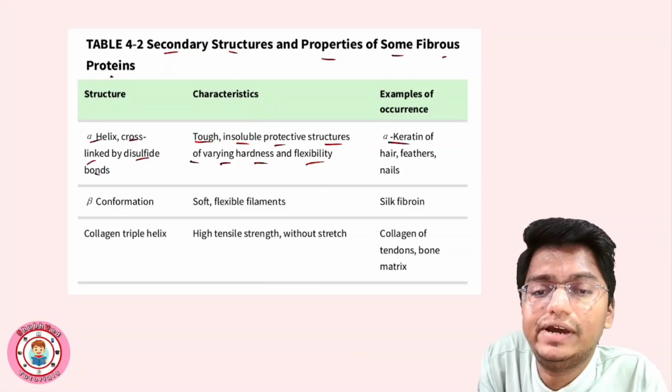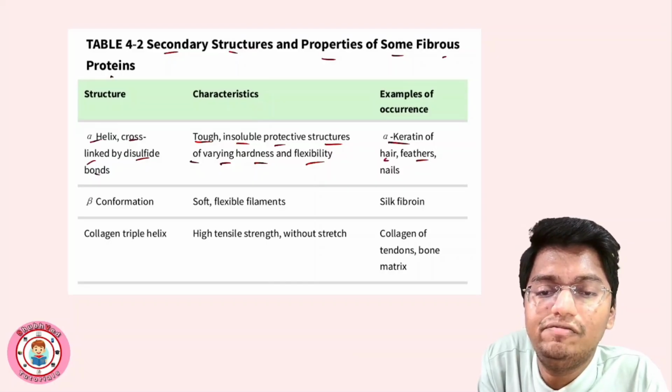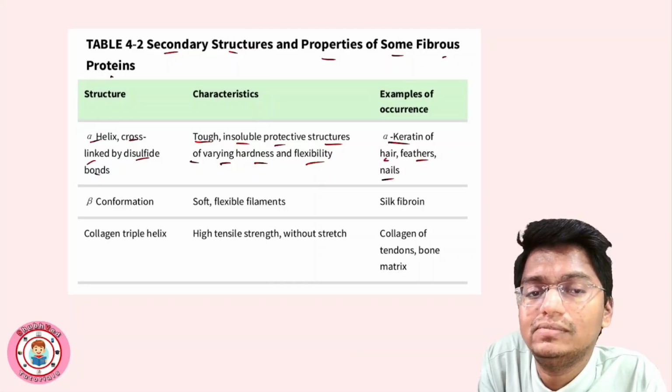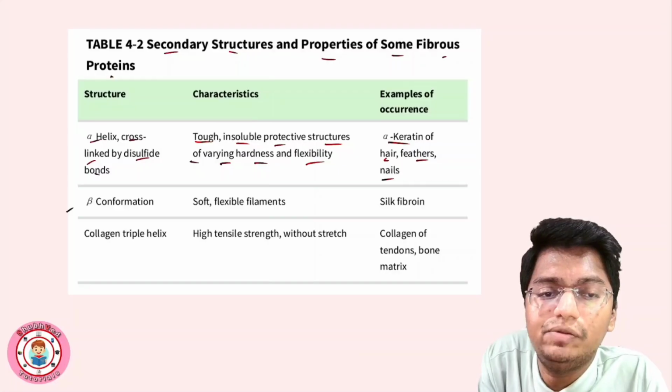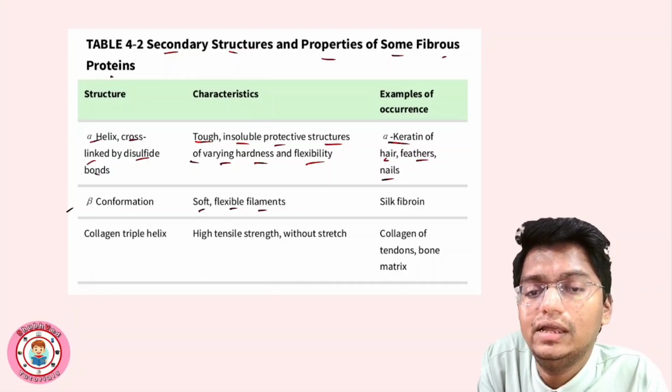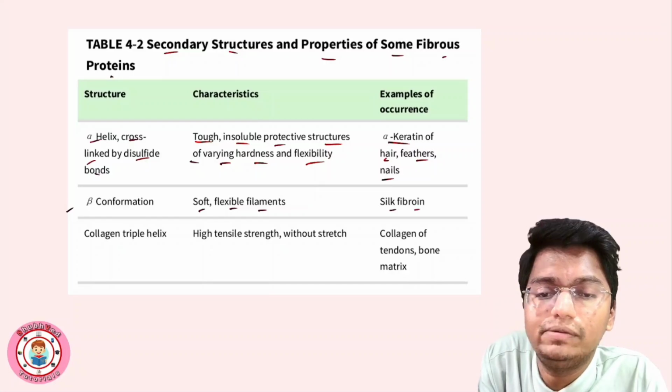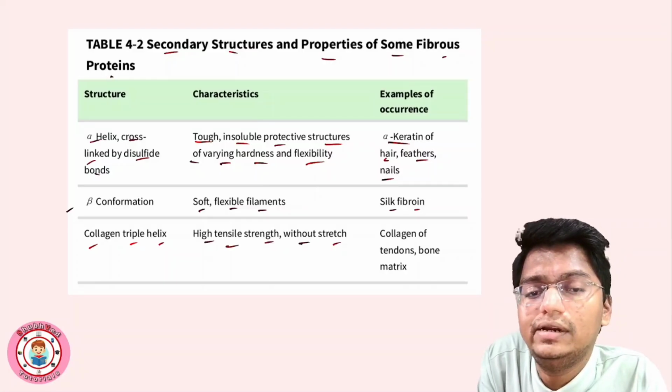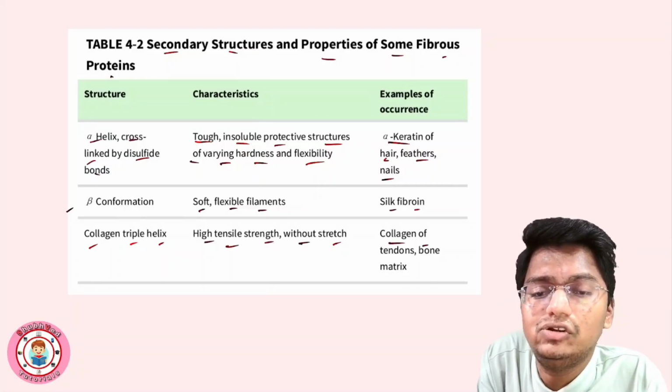Examples of occurrence: α-Keratin of hair, feathers and nails. Got it? Next is beta conformation, characteristics of flexible filament, right? Alpha helix is tough, hard; beta conformation is soft, flexible. Example: silk fibroin, and collagen triple helix, high tensile strength without stretch, okay, high tensile strength, collagen of tendon, bone